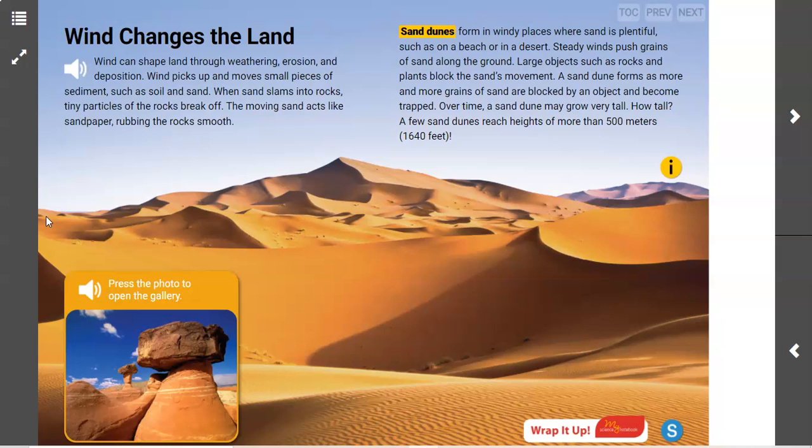So we spent a couple days talking about the 3 different processes that shape the Earth. We talked about weathering, erosion, and deposition. And several times we mentioned the different ways that those things happen. One of the ways we mentioned was wind, so that's what we're going to talk about today. Over the next few days after today, we'll talk about all the other different things that can cause the land